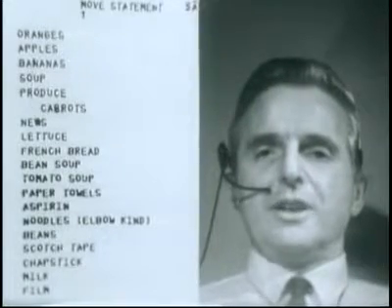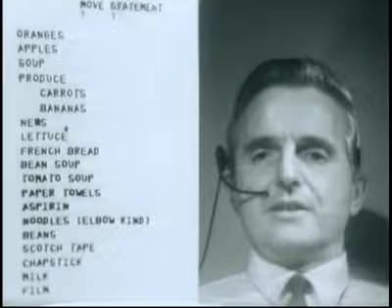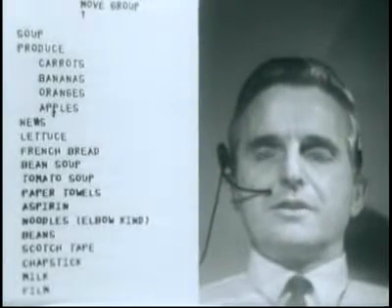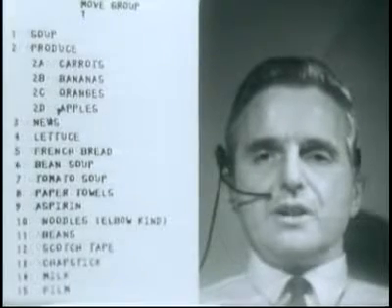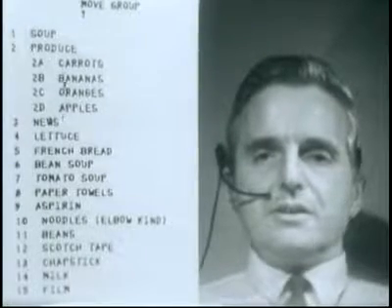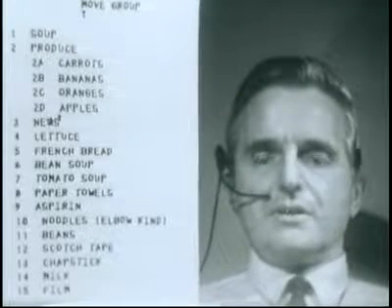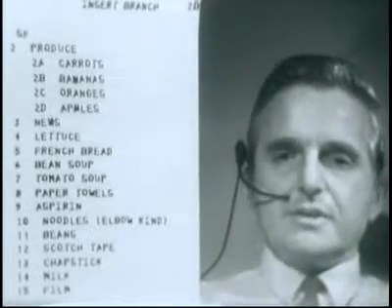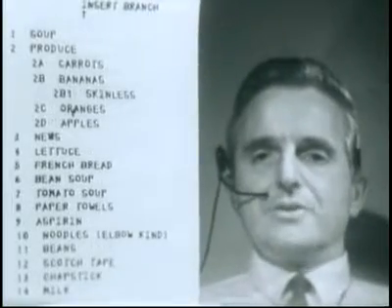All right, produce, I've got carrots, and I'll move under there also bananas. And in fact, I could move a whole group under there, saying oranges and apples also. So I can begin categorizing things like that, and if I looked at the numbers now, I'd find that these items fit under there as a subset, and I realize I can categorize quite extensively. I could introduce a new thing under there that was something I just invented, a skinless banana, but I have to go there